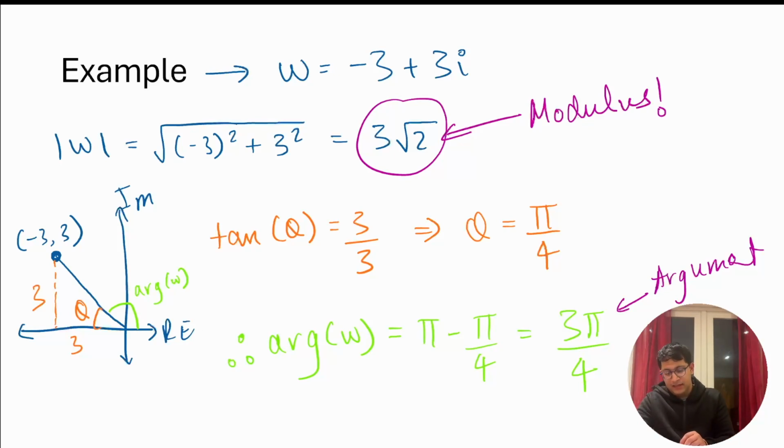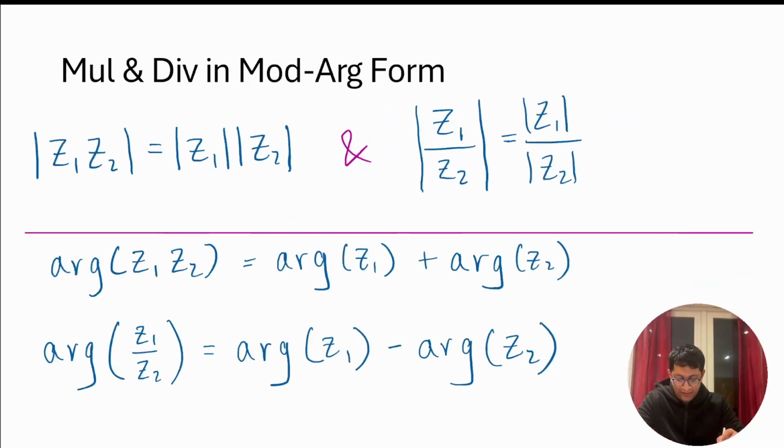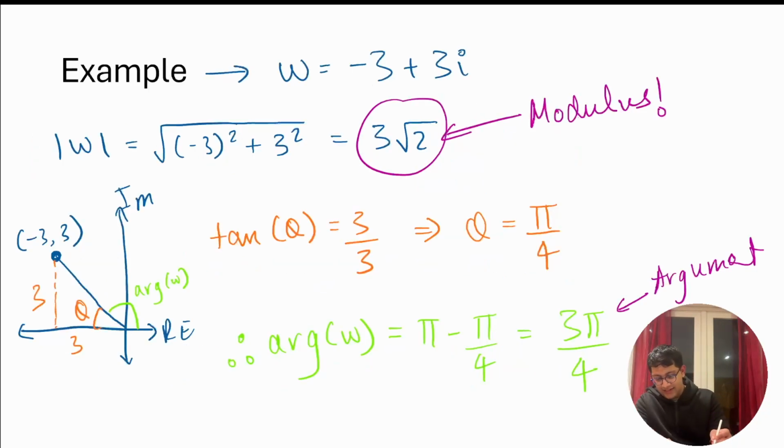And I would highly suggest, especially if it's your first couple times doing this, every time you work out the argument, literally plot the point on an Argand diagram. It's not that hard. It will really help you visualize things. And you know the thing I was talking about? You can always make sure the angle you're measuring, is it from the positive real axis or is it not? Or do I need to add or subtract some combination of pi? But yeah, in this case anyway,